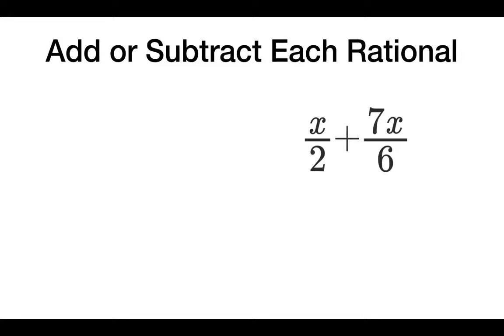So there we go. We're going to add or subtract some rational expressions now just to try it out. Here's our first one. I'm trying to find a common denominator. In this case, I have denominators of 2 and 6. My lowest common denominator is not going to be 12, it's actually 6. So I'm going to have to multiply by 3 on top and bottom. So that becomes 3x over 6 plus 7x over 6,